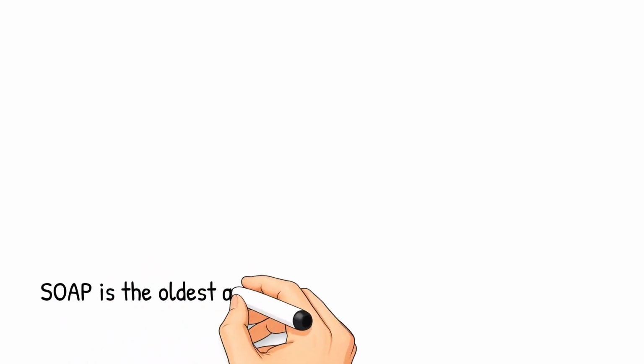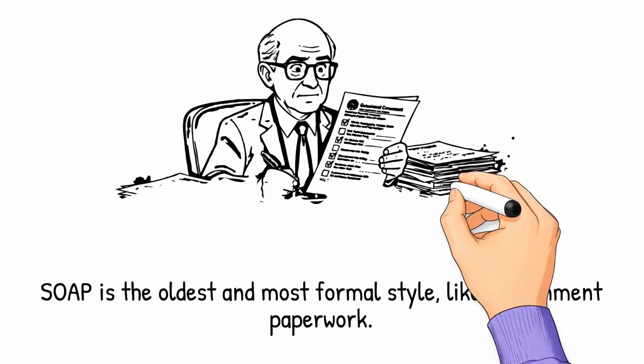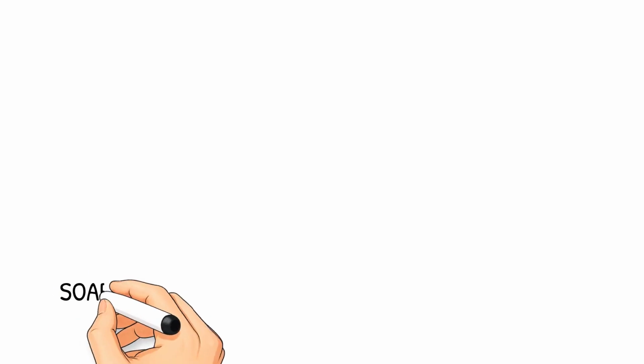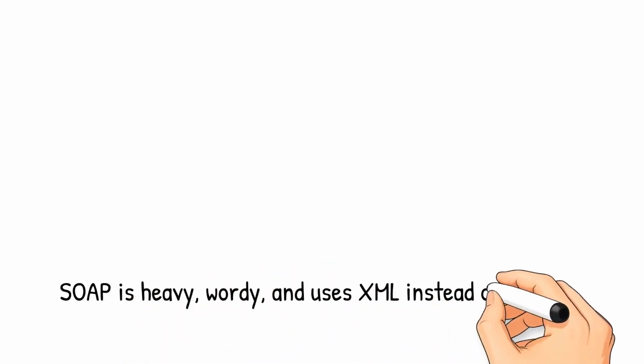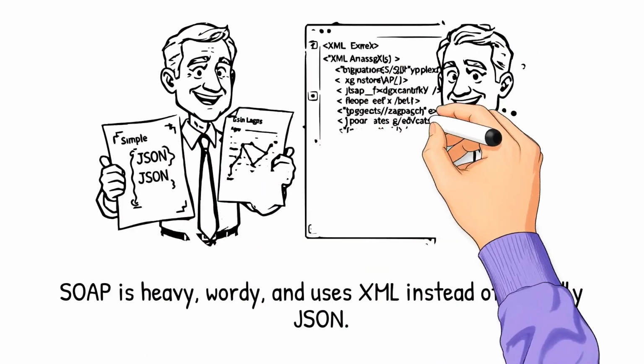Now let's meet the oldest one in the room, SOAP. SOAP is the formal, old-school way. Think of it like filling out an official government form. There's a strict format, every field is required, and there are lots of rules you can't break. It's heavy, it's wordy, and instead of friendly JSON, it wraps everything in a strict structure called XML, which looks